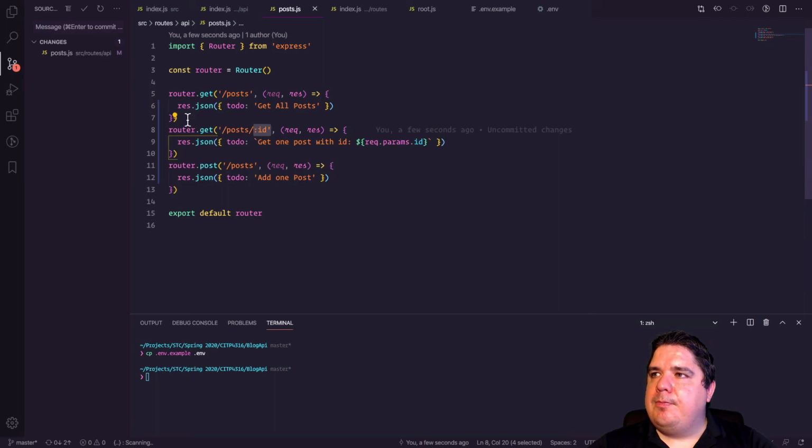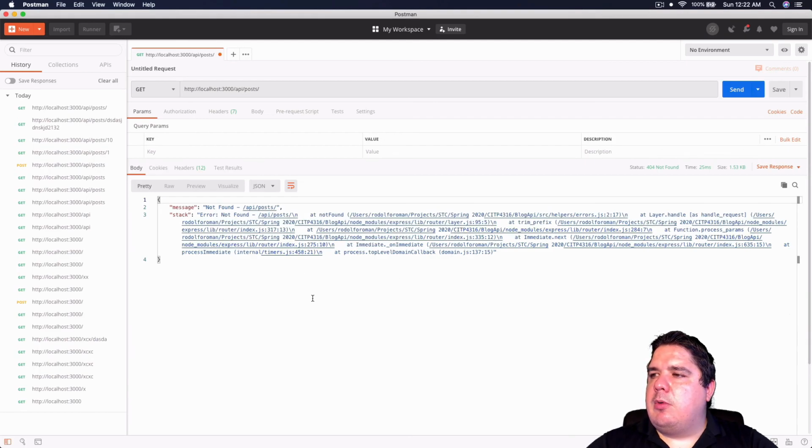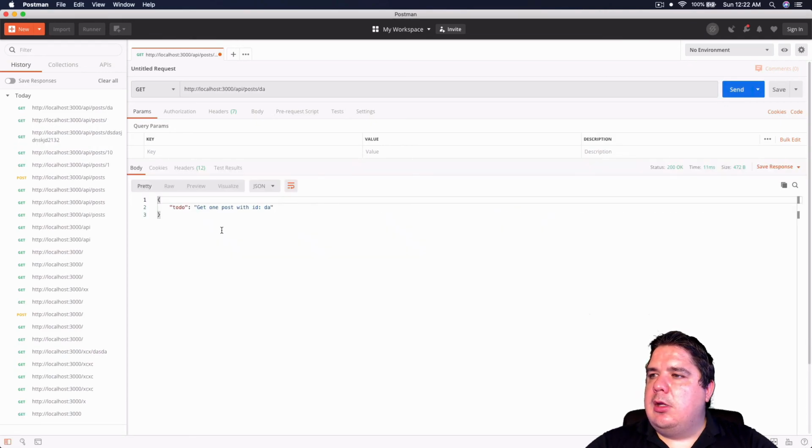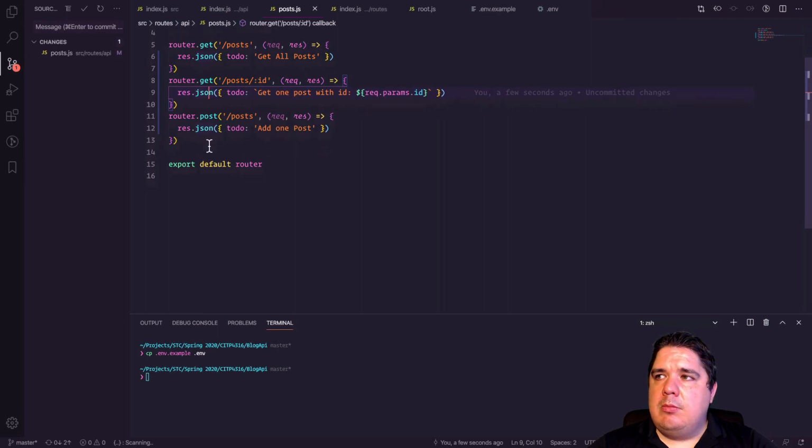I'm not validating whether this ID actually exists, because I'm catching anything that doesn't have an ID through here. That's why. So if we comment this out, let's say, and I try it, let's see how that actually works. I have an error because API post doesn't exist, right? But it was something like that. It gave me the post with that ID. That's why we have this one on top of this one. So we need to get pretty much everything. We need to get one. We need to save one. And we can actually put